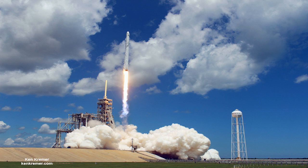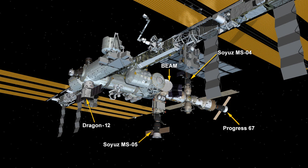The SpaceX Dragon cargo craft is pictured approaching the International Space Station on Wednesday morning, August 16, 2017. Credit NASA. The 1 million pound orbiting outpost was traveling over the Pacific Ocean north of New Zealand at the time